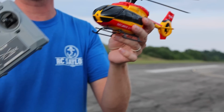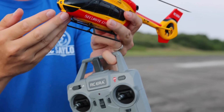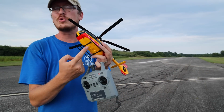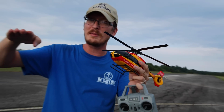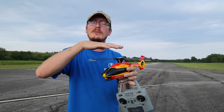It also comes completely ready to fly with the nice controller, and we've got lights installed and 2 flight batteries, which I think is absolutely amazing. But it also has technology called a visual position hold. There's a little camera on the bottom of the helicopter and it kind of acts like a GPS, so it's going to hold it in place. As long as the wind isn't like 10 miles an hour or more, it should be able to hover completely